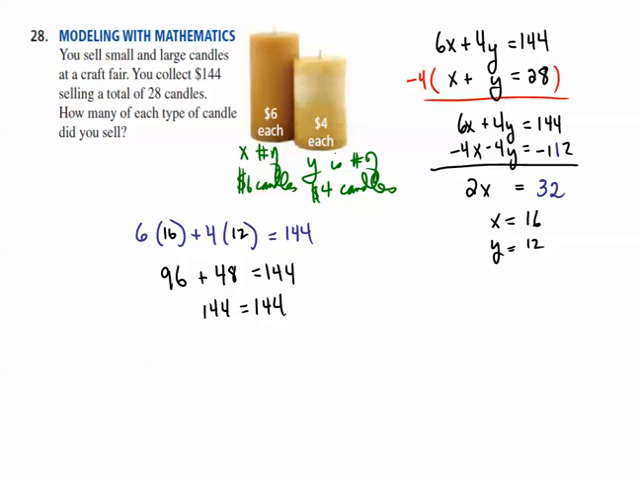So it is very important to check your work. If you check your work, you can find out where you made mistakes, and that's how we'll end up here. So we had 16 $6 candles and 12 $4 candles. And that'll do it for this